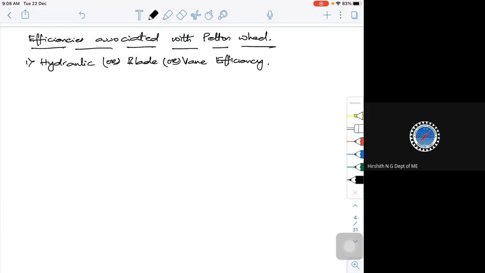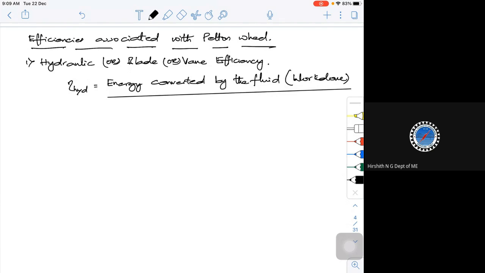It is nothing but your hydraulic efficiency. It is defined as the ratio of the energy that is converted by the fluid, that is your work done, to